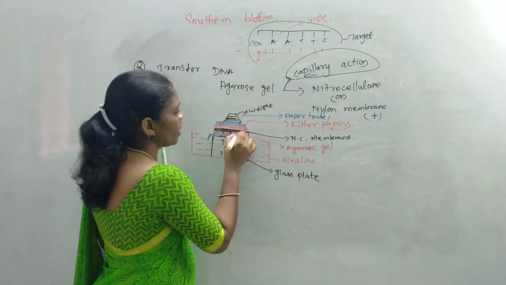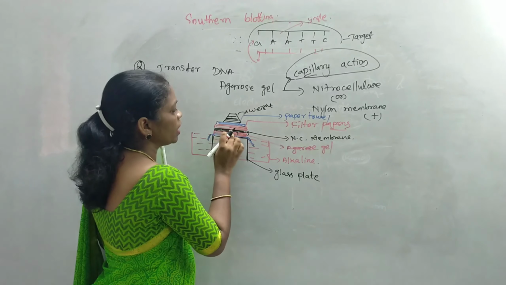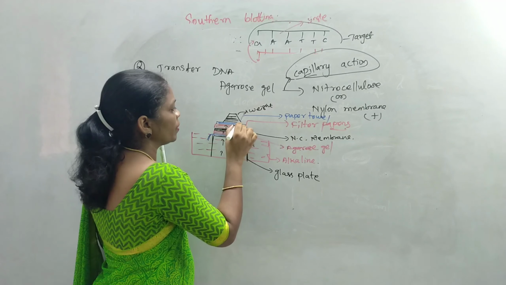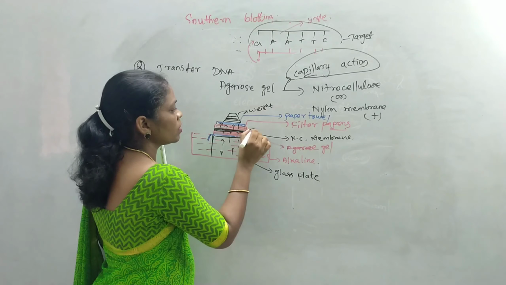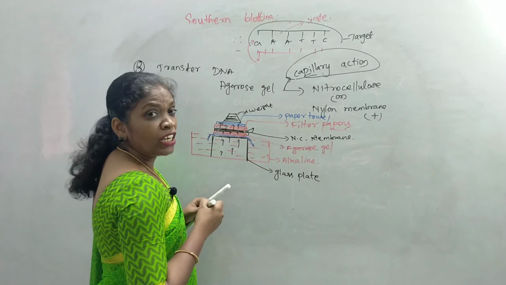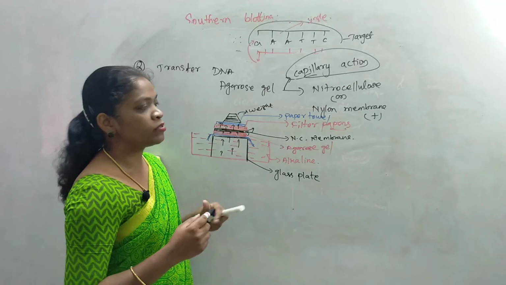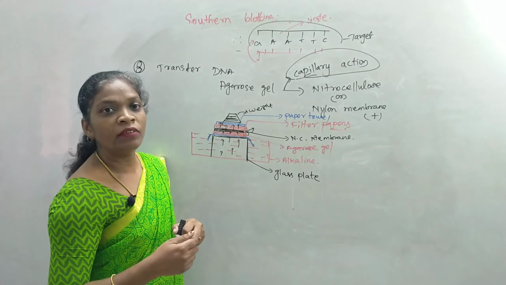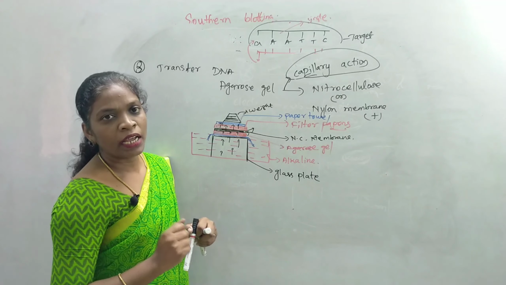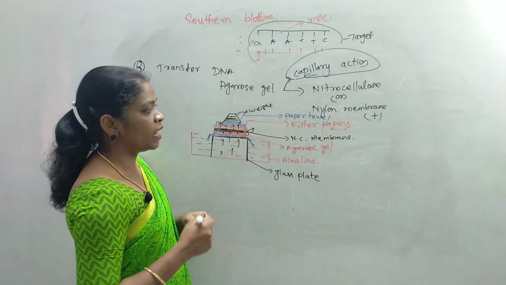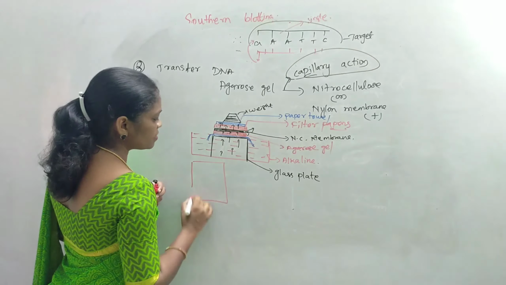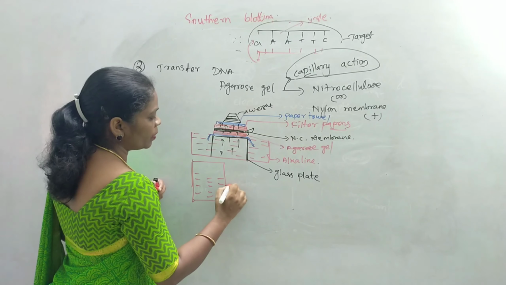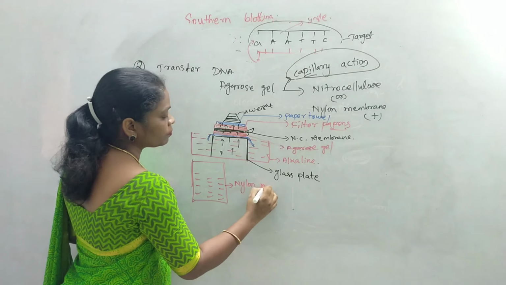So these DNA fragments from the agar gel medium will go and attach to the nitrocellulose paper. The alkaline solution will pass through the nitrocellulose membrane, but DNA will attach to it because of its affinity, since nitrocellulose membranes are positively charged sheets and DNA is negatively charged. Now I can take the nylon membrane. My nylon membrane has the exact sample that was present in the agar gel medium. I got the DNA sample transferred onto a nylon membrane.